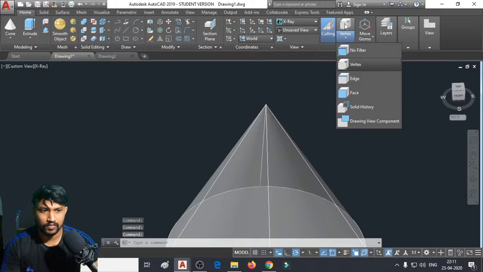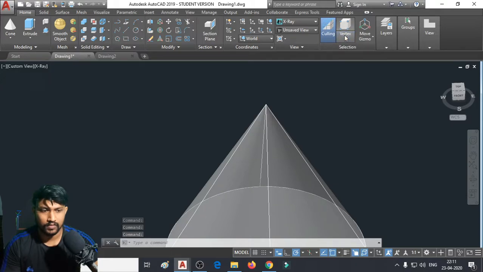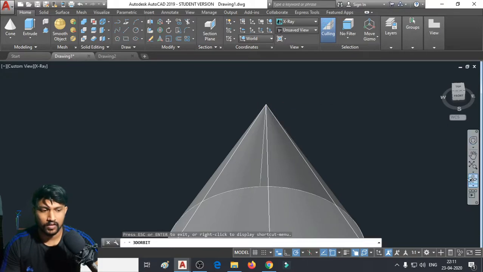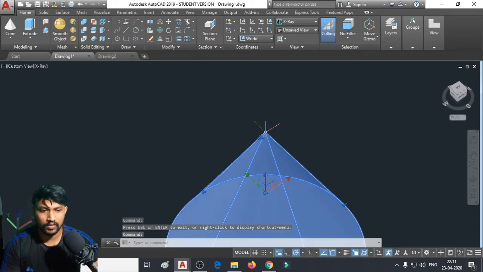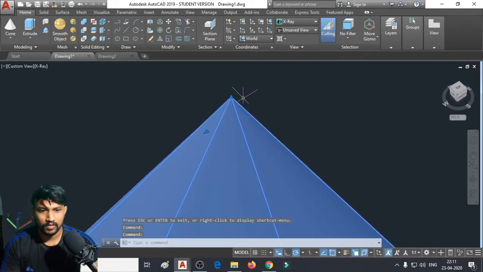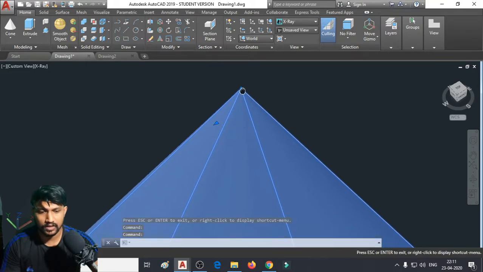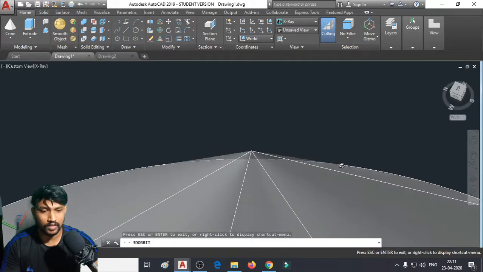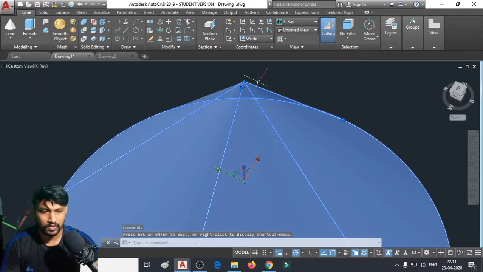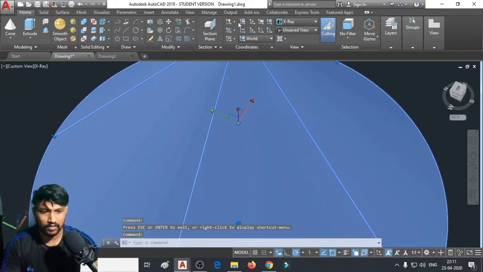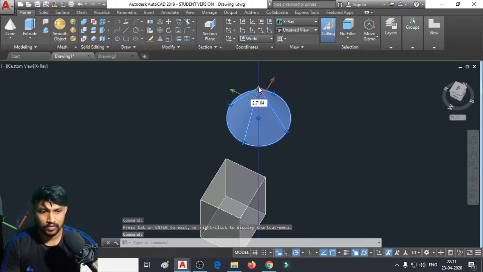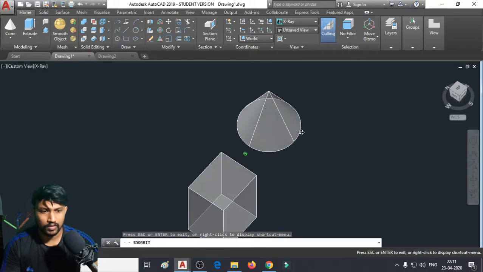I don't know why I'm not able to select that one. Okay, no problem. This particular point right here is known as the apex. Let me show you the axis also. Can you see that orange line?